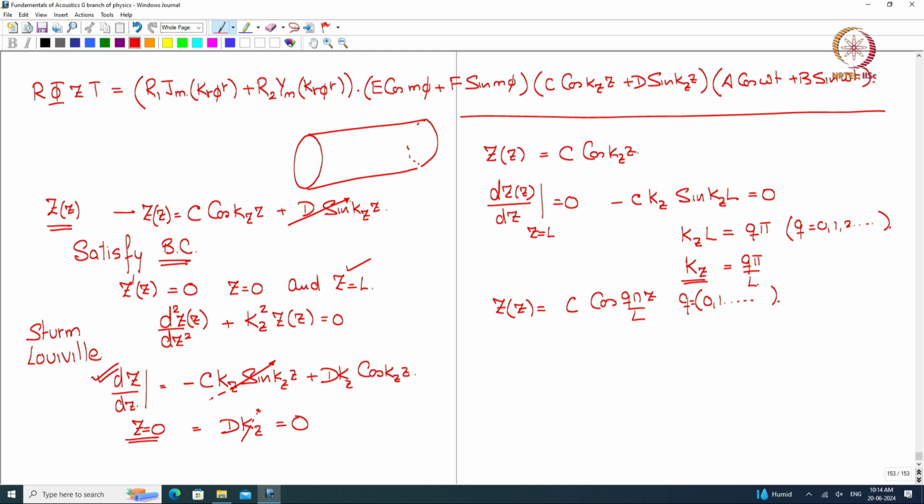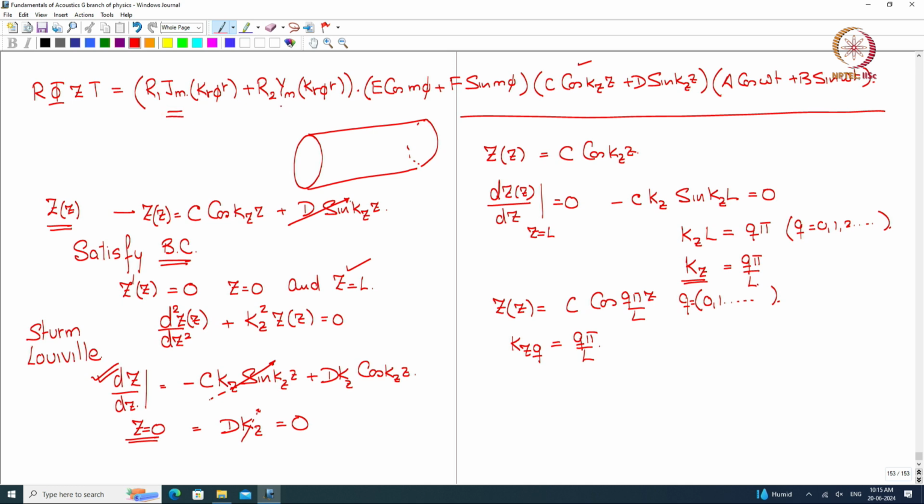Okay. So kz has acquired a value and kz is many, so we will call them kz q is equal to q pi by L. Okay. So then if we now look at this function again, we have